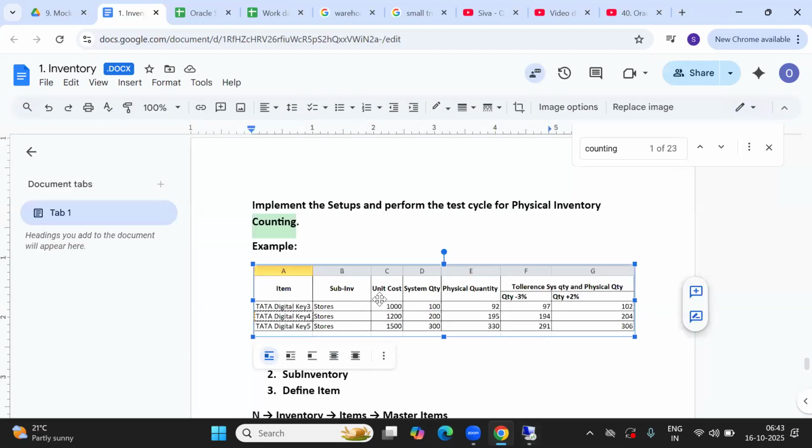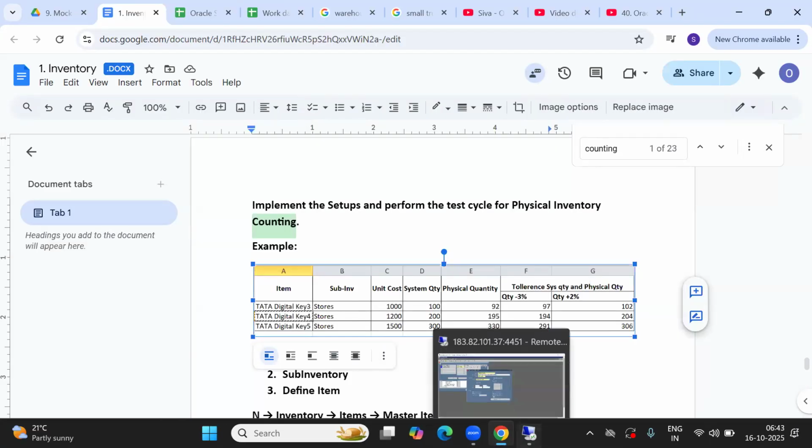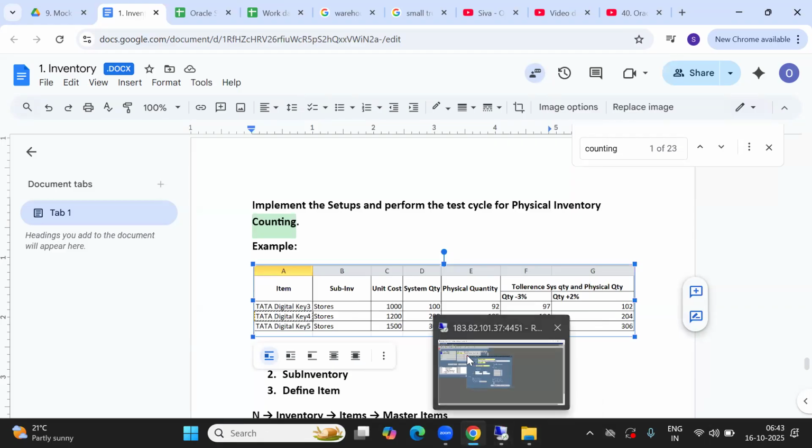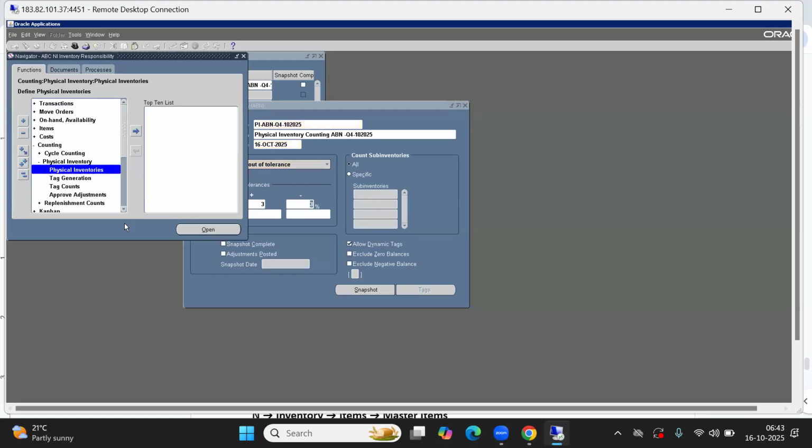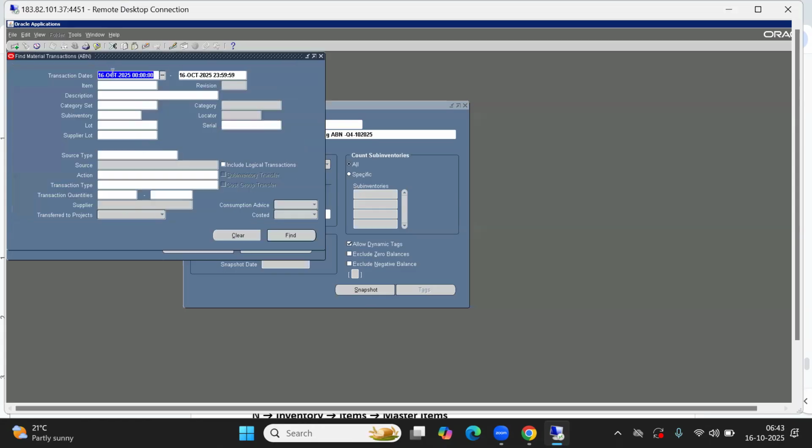Yesterday we defined three items, correct? Three items we defined yesterday, and we increased the quantity. Let me check those items. Yesterday means like on the 14th; we skipped the session.